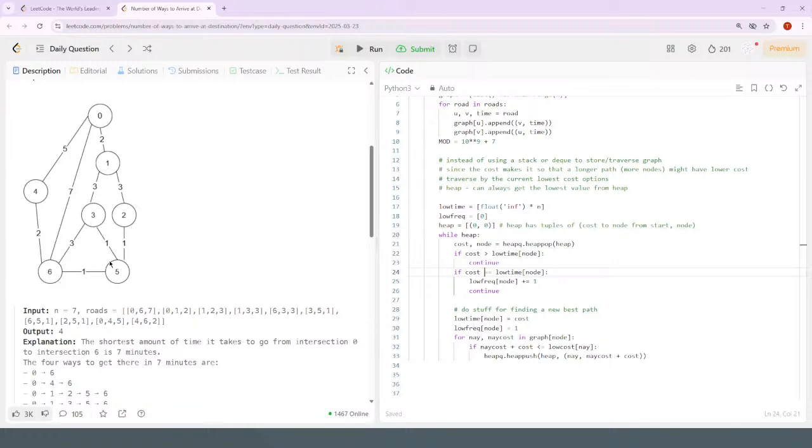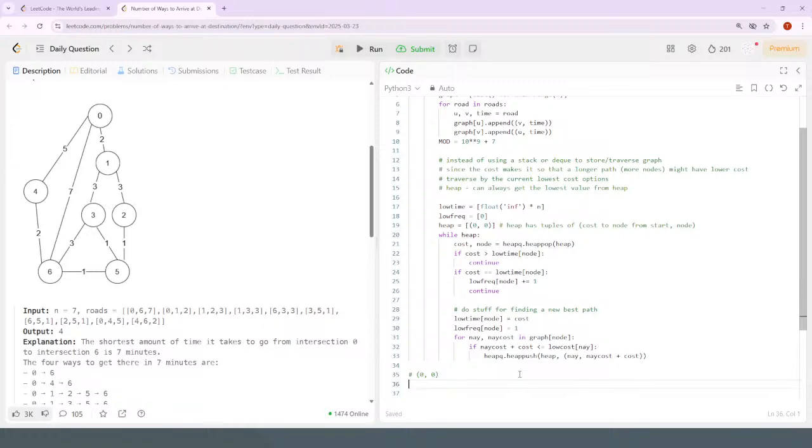Sorry, a second 6, 5. The cost is 6, the node is 5. So your stack at that point will be, alright, so the stack will be